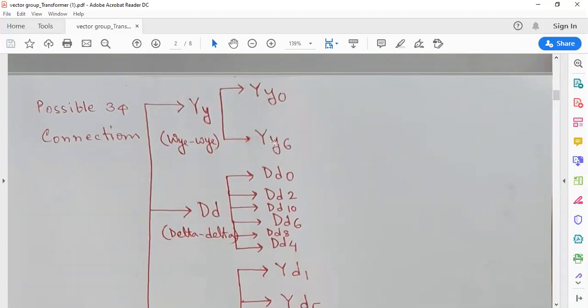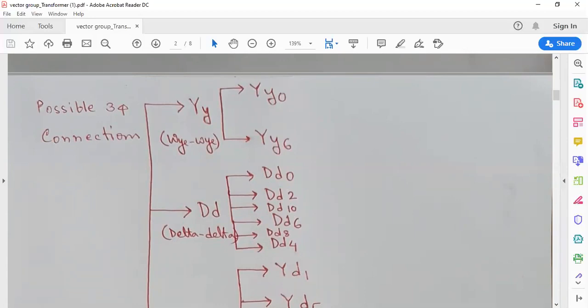Another piece of information is the phase difference between the primary and secondary line to line voltage. The number written after the connection, this 0 or 6 or 2 or 10, indicates the angle difference. So if we have a YD1 transformer and we want to parallel it with another three-phase transformer,